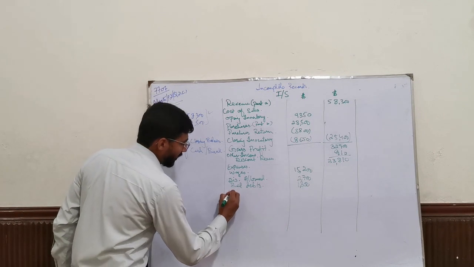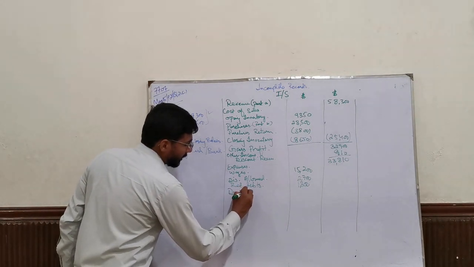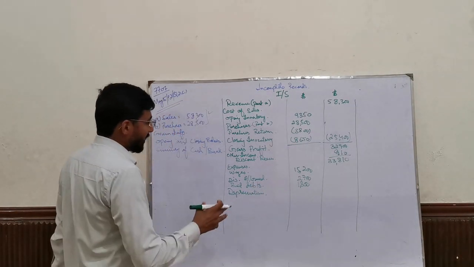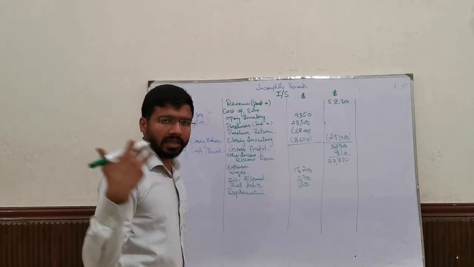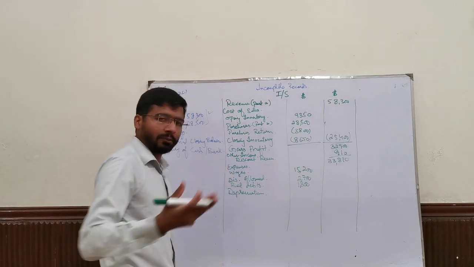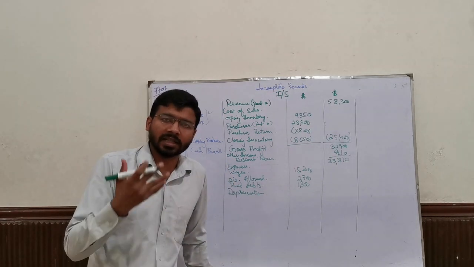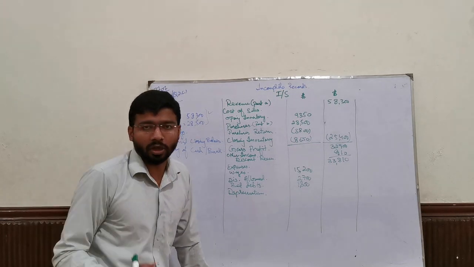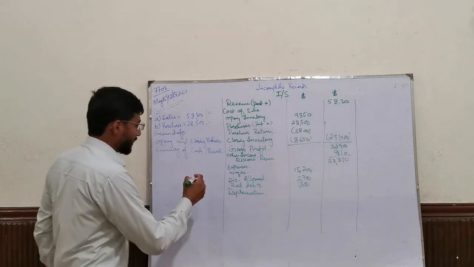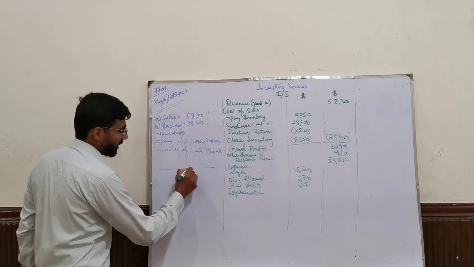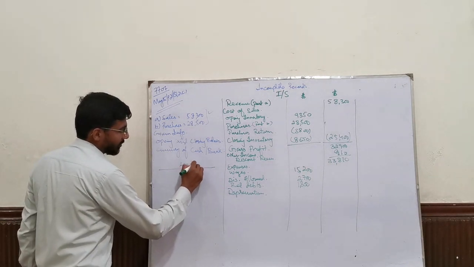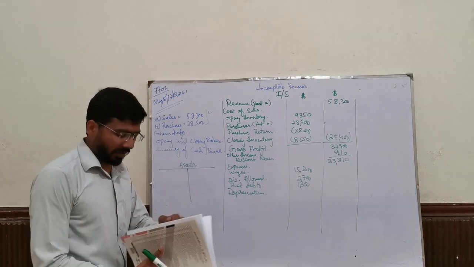What do I need to calculate? Depreciation. Now, there are two ways. One is the statement method and the other one is the account method. I would request that you people should understand the account method or the T account method. It is going to help you a lot in your A-levels. Now, what is that? I am going to make a T account of my assets and I am going to incorporate values.